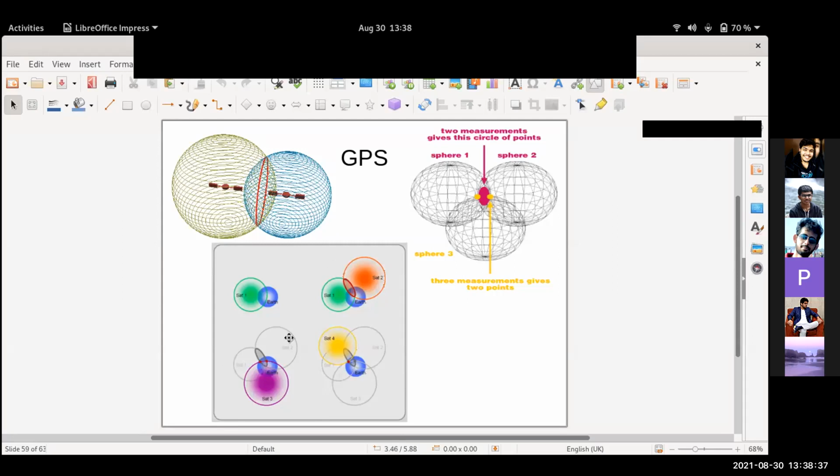Even here, one point can be easily eliminated. However, if you want one more satellite measurement, you can always use that. But what is usually done is the fourth satellite is used to understand the time, that is, position is measured,